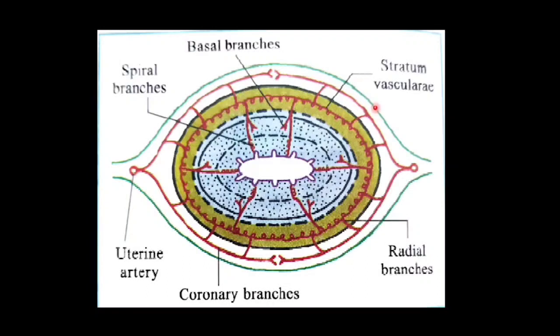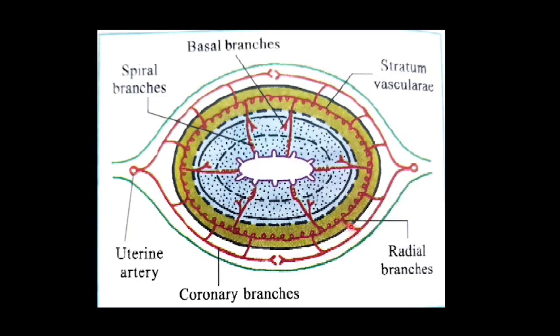Now the uterine artery, you can see it is coming and dividing into the arcuate artery, and this arcuate artery is also known as the coronary artery, and it passes along the anterior surface as well as the posterior surface. You can see the coronary artery or arcuate artery on either side, and these arteries of both sides anastomose in the midline. After the formation of the coronary arteries, they divide into radial branches,